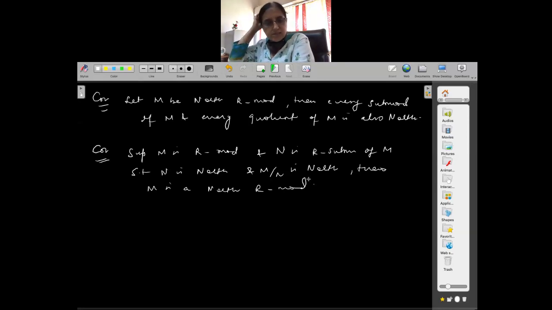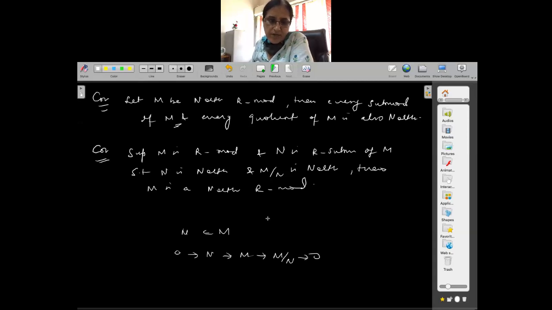In fact, what you have proved is equivalent to this corollary plus this corollary. See, going forward is this and going backward is this. Is that okay? Because if N is a submodule of M, then I can construct this exact sequence. This is an exact sequence, and because M is Noetherian, these two are Noetherian. Therefore N and M mod N are Noetherian.